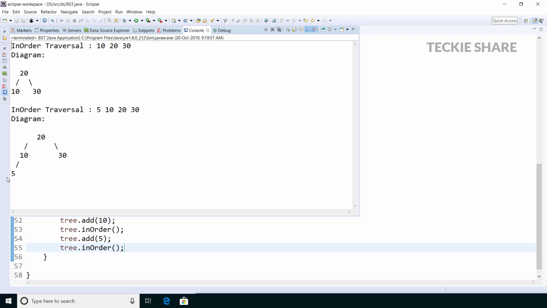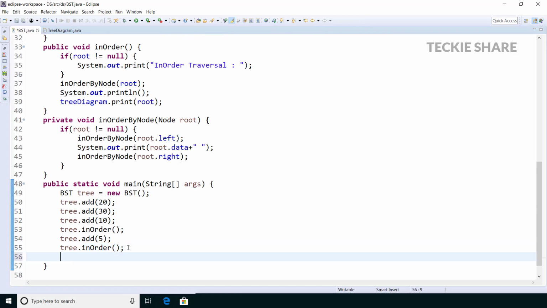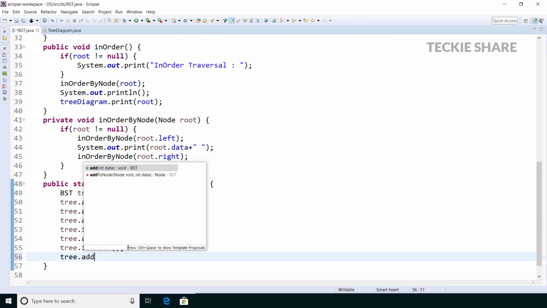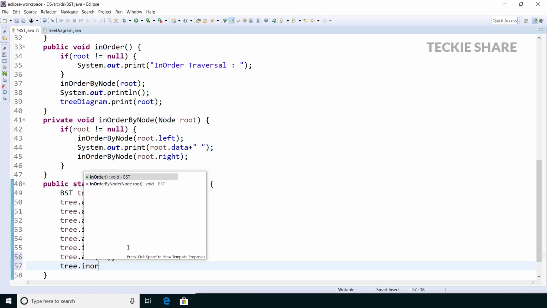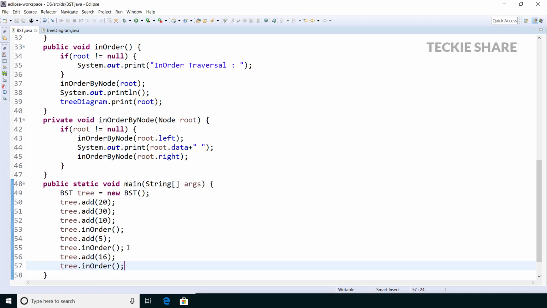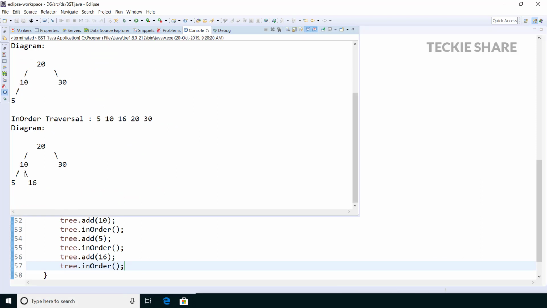Let me add one more data, 16, into my binary search tree. So now the flow, how it will be, it should be the right child of your 10. I'll explain how exactly it comes.